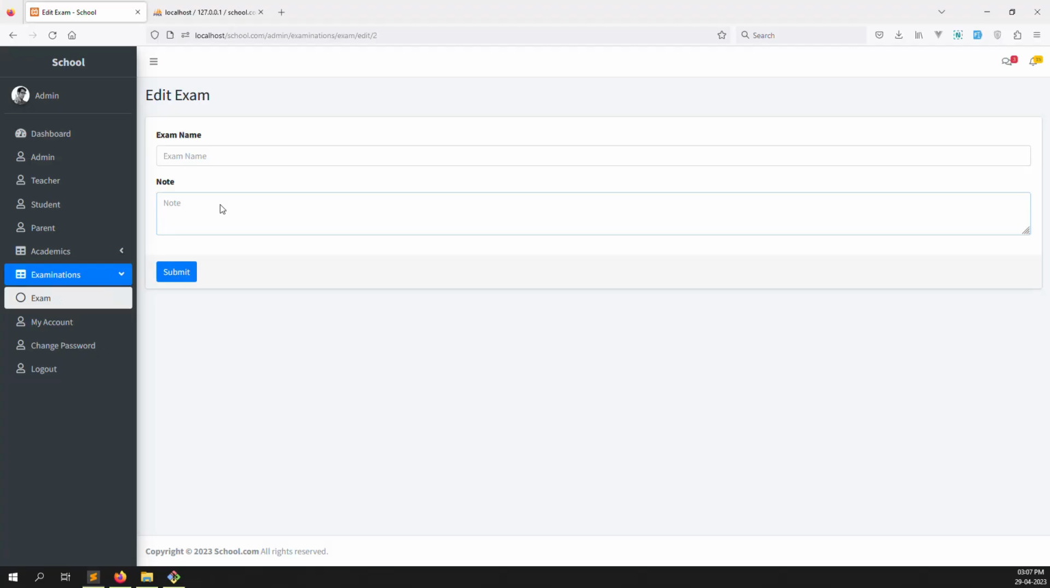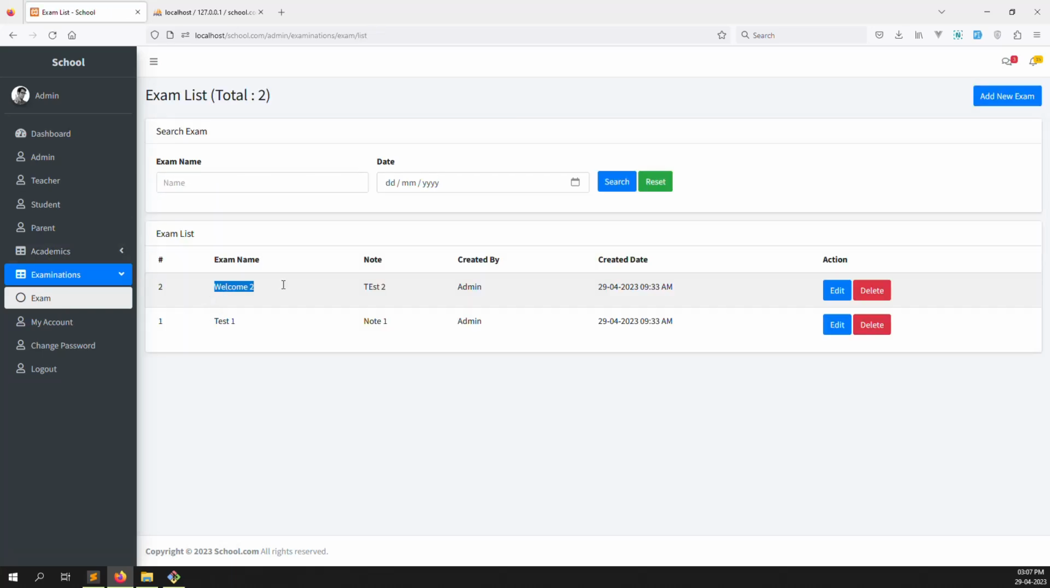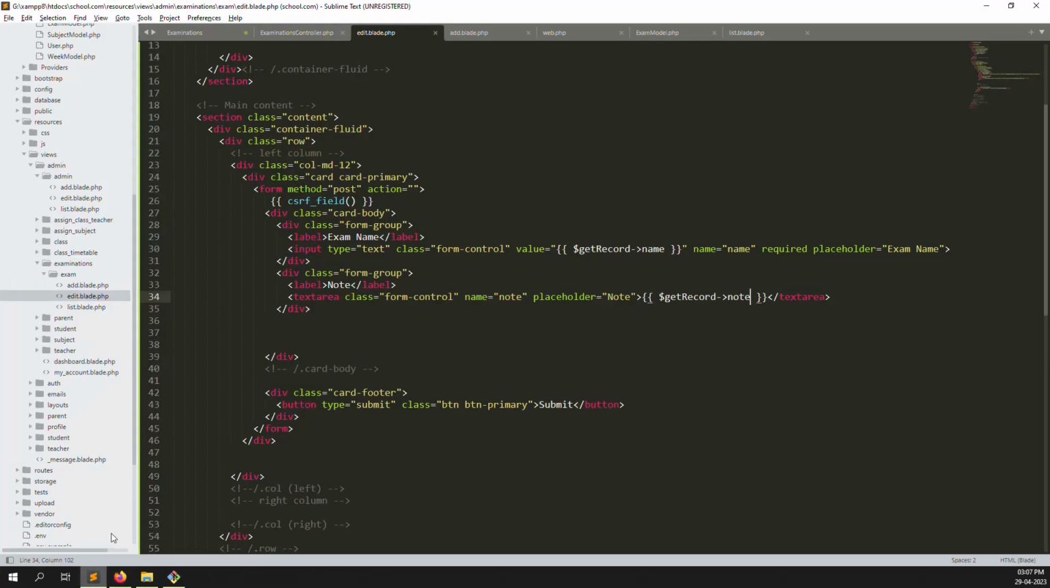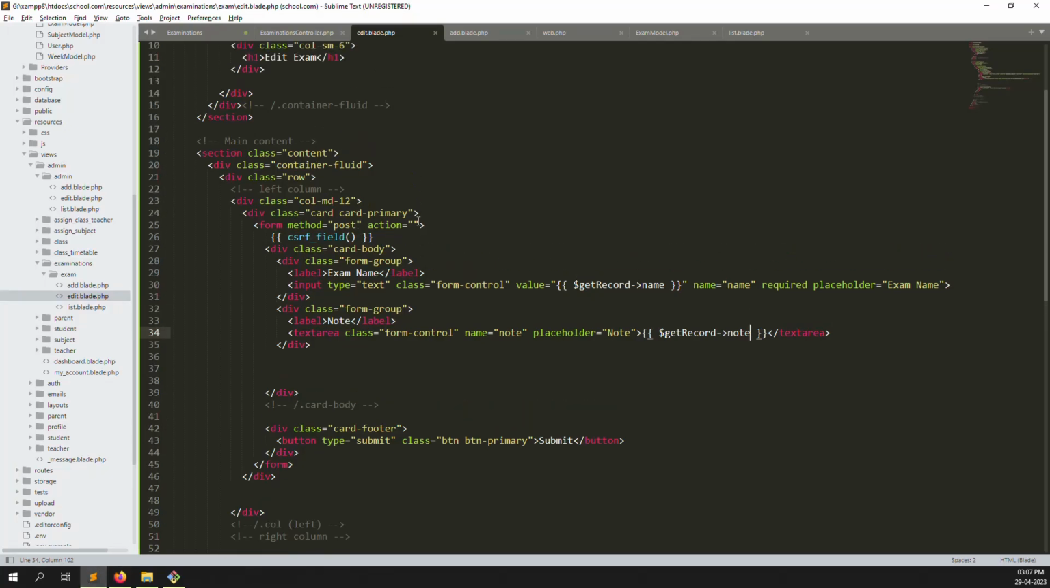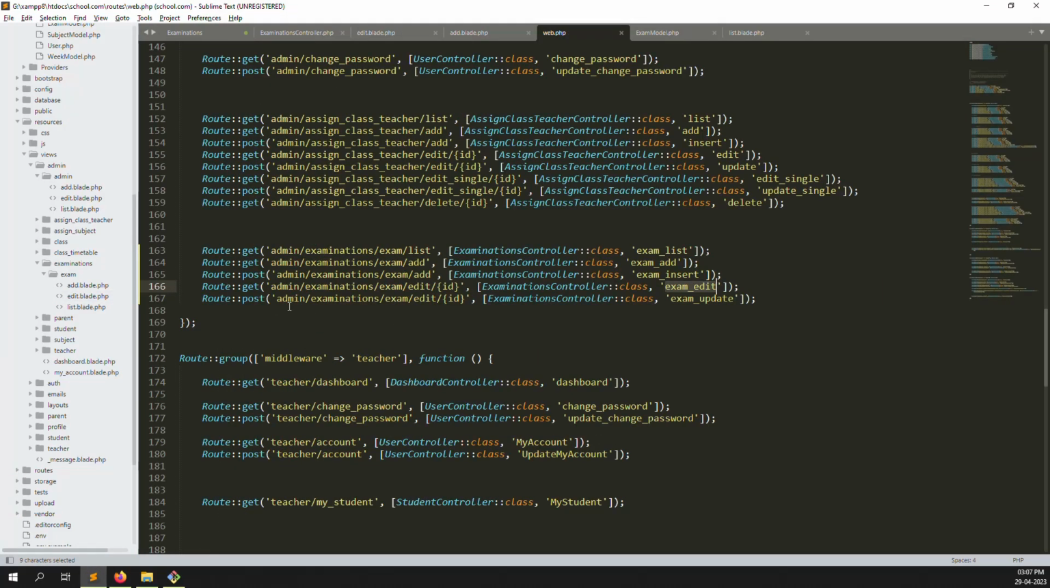Let's go back again and refresh the page, so you can see it says welcome to and test 2, whatever data is inside there. Here you can see this data. Okay, now just go back again, and here the action is equal to null, so the same URL works. So you need to go to web, where we have already created a post method before, so just